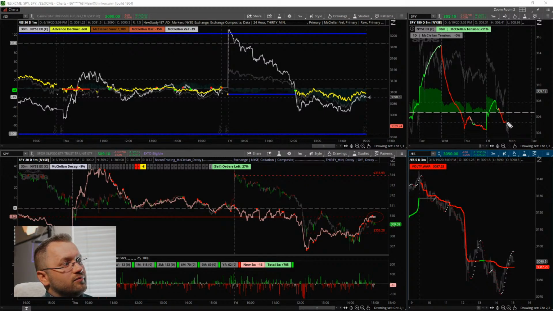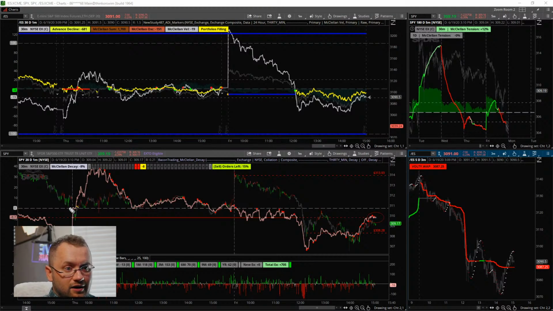The Bears could move this, the Bulls could move this. We could see either direction, and that's a big deal. I think right now the Bulls were able to work out getting basically everything they wanted, and they were able to take out all those Bears. As soon as those Bears got liquidated, we had something like open interest theft, where all those orders were stopped out, and then they filled a position right there. The Bears came in as big a way as they could to pick up those people getting wiped out.